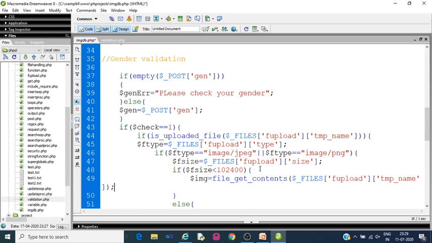So this file will be read, and then we will encode it. So $img_enc is equal to base64_encode